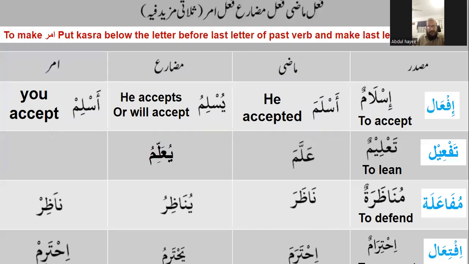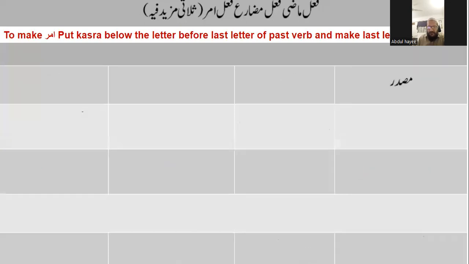So the next one is mufa'ala. The pattern word is nazaratun. Mazi is nazara, mudare yunaziru. Amar is nazir. Then is the iftial. From iftial, the example word is ihtiramun. Masdar is ihtiramun. Mazi is ihtarama. Mudare yahtarimu. Amar is ihtarim. The next is